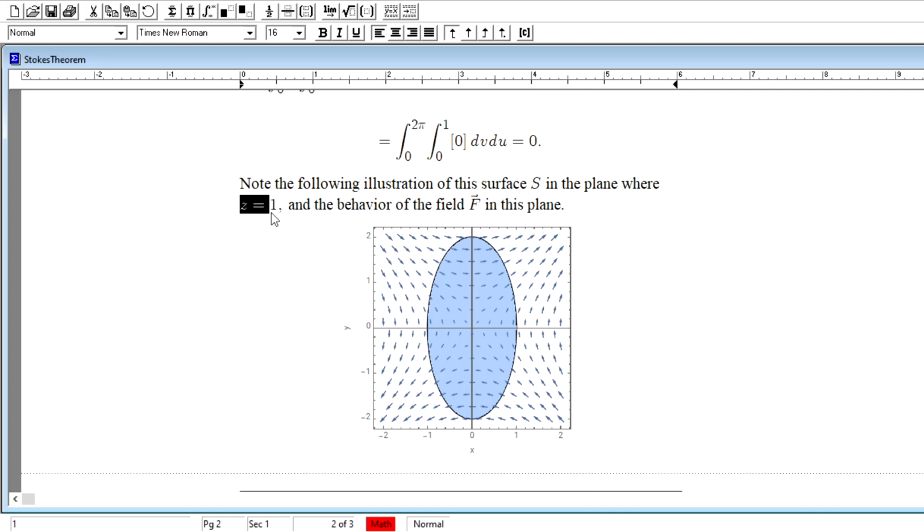If we look at the description of the surface and the description of the field in this plane, and we notice how that field is behaving in terms of causing this counterclockwise circulation around the boundary of this region, notice that circulation appears to be balanced. If we were to consider the curl at any point along this surface, that curl would have a rather balanced description. If we were to put a paddle wheel up here in this region and a paddle wheel in a similar location below the x-axis down here in this region, what you will notice is this paddle wheel would have a tendency to want to spin clockwise, whereas this paddle wheel, be careful there, would have a very similar description,